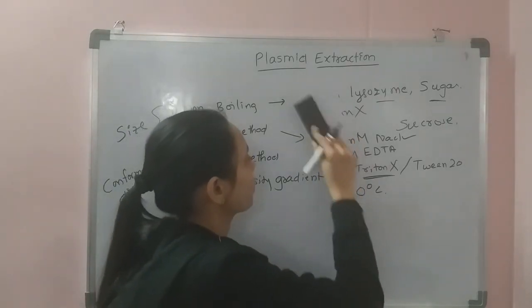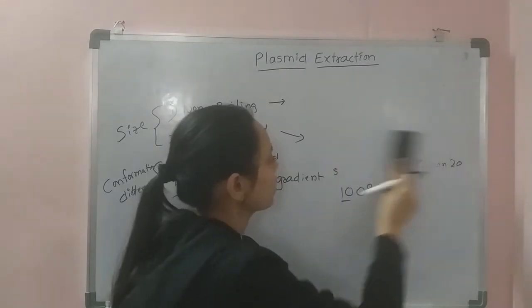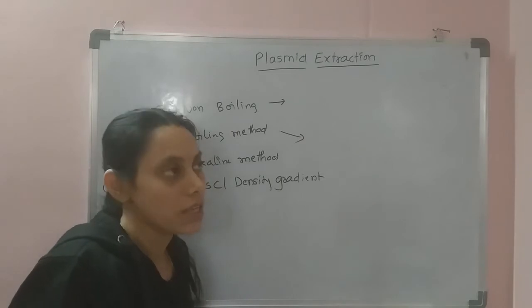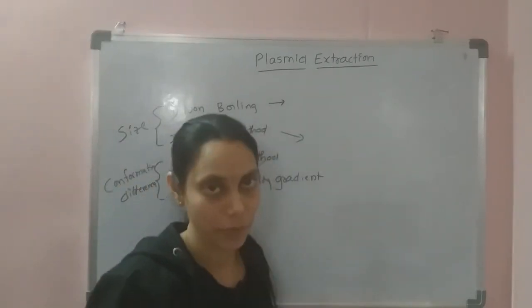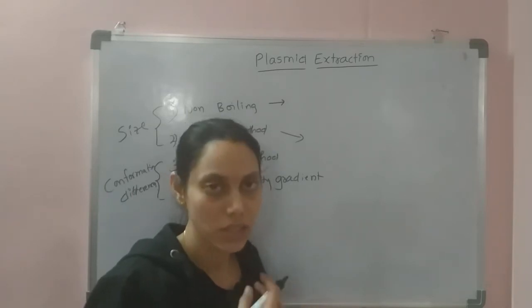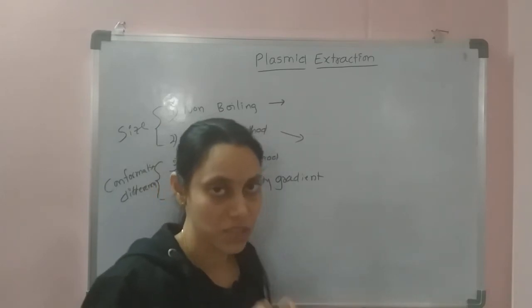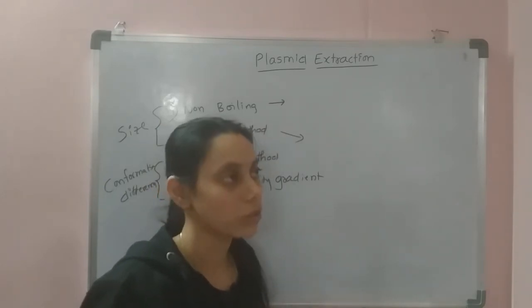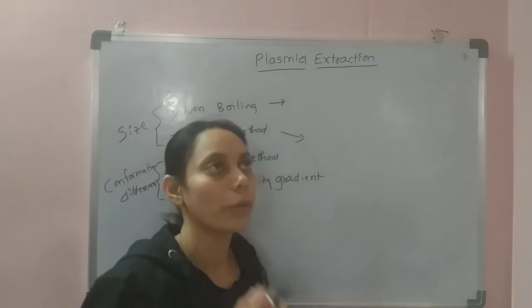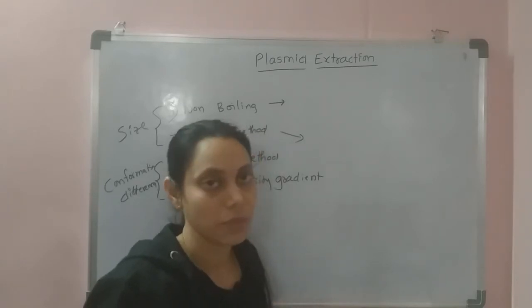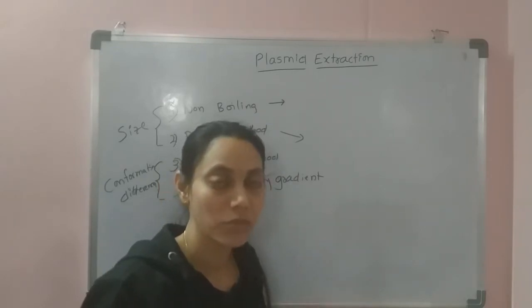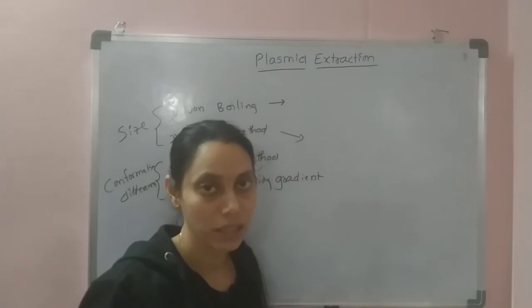So these two are the size based separation methods. Coming to the advantages of the size based methods, these are very easy to proceed. If you have a large number of samples to deal with, then you can just go with these size based isolation methods. Coming to the disadvantage, the major disadvantage is the purity of the plasmid. Here we have to compromise with the purity of the plasmid, that may be contaminated with the genomic DNA or maybe RNA.